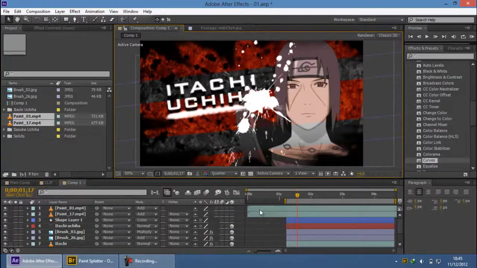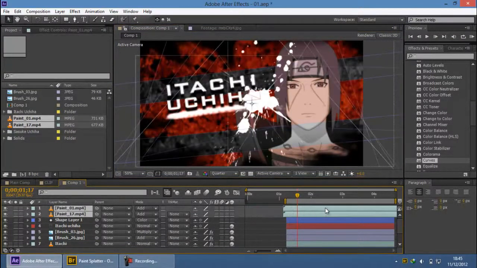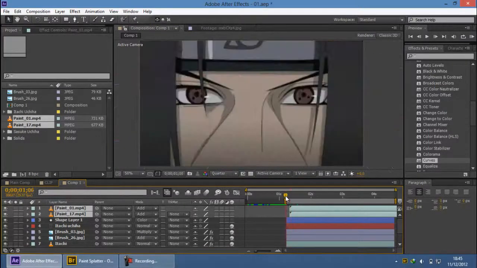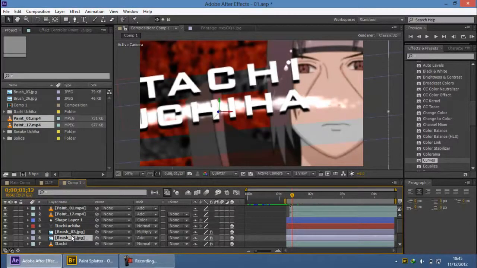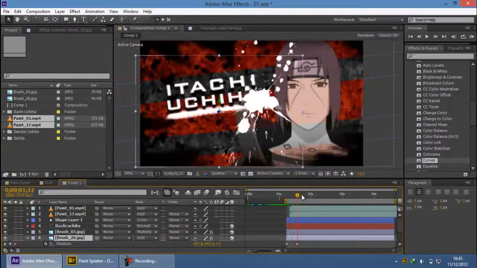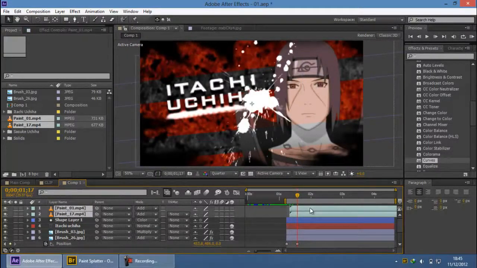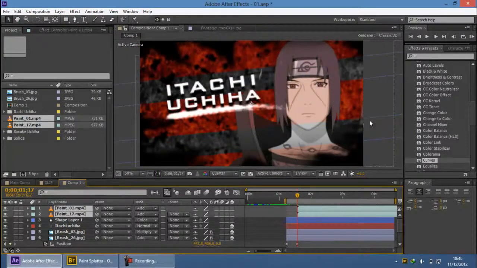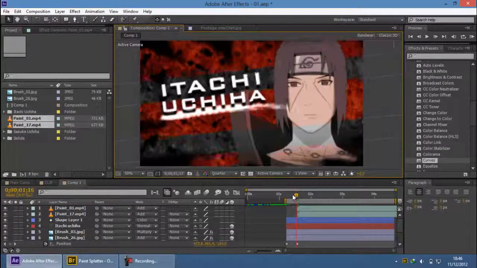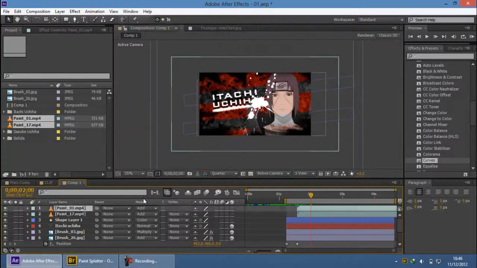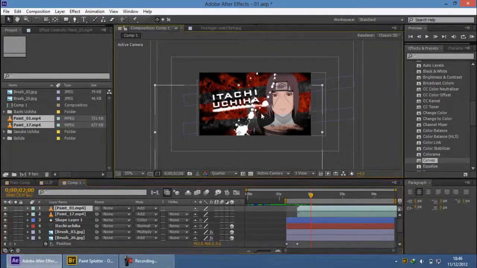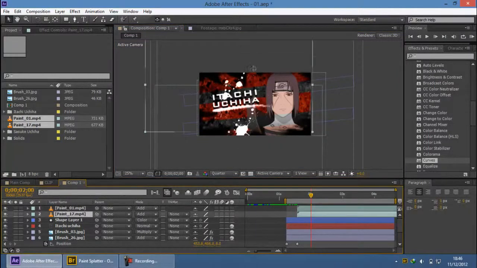And you just offset this paint, because we don't want all the elements coming at the same time. We want our paints to come a little after the whole animation. So what happens is like this, it comes here like this, and then we have the paint. Now we just want to position the paint properly. And like this maybe,